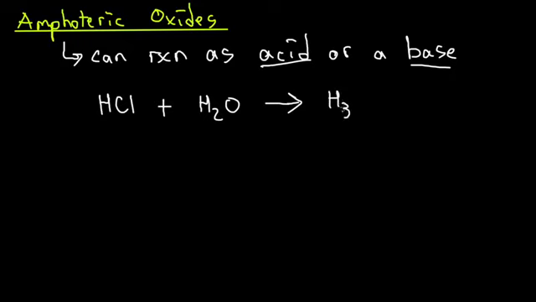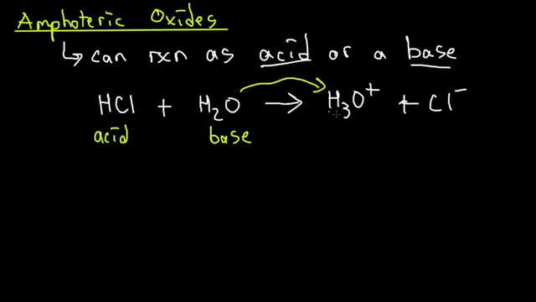So what we're going to produce is H3O plus and Cl minus. In this case, this would be the acid, and water will have to be the base. And it's the base because it's going to accept a proton. As you can see, the water accepts a proton, whereas the acid donates a proton